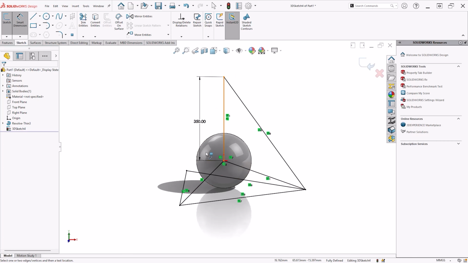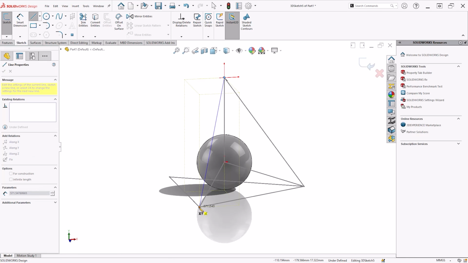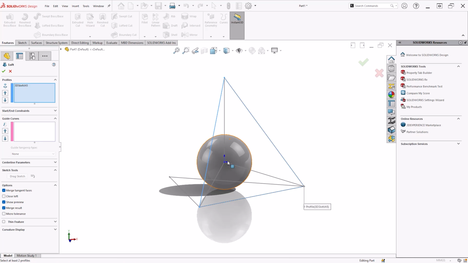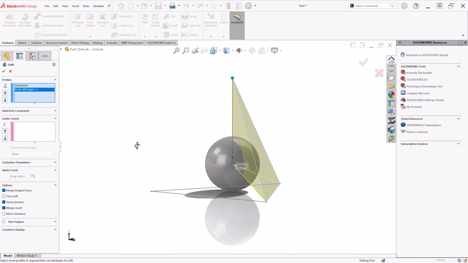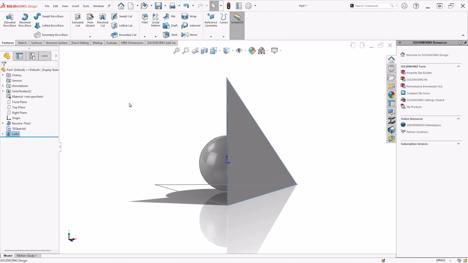Now I need to create this cutout in here. So what I am going to do is create just a quarter of this tetrahedron. To do that, I need another 3D sketch. Let's draw lines tracing these 3 points like so. Then I'm going to create a loft from my new sketch back to the origin, and that will create that simple pyramid shape. I am not going to merge the result in here, and we'll hit OK.